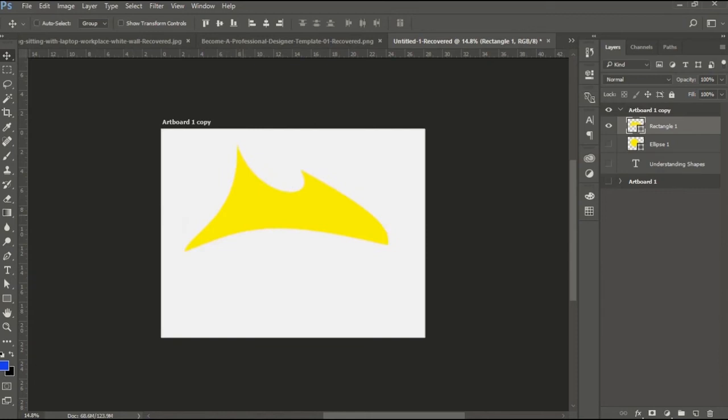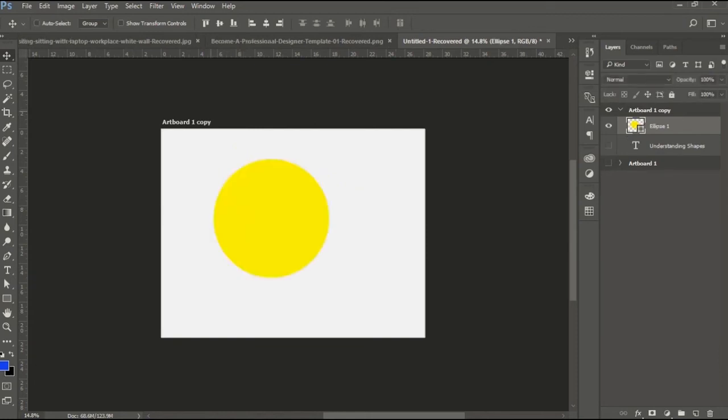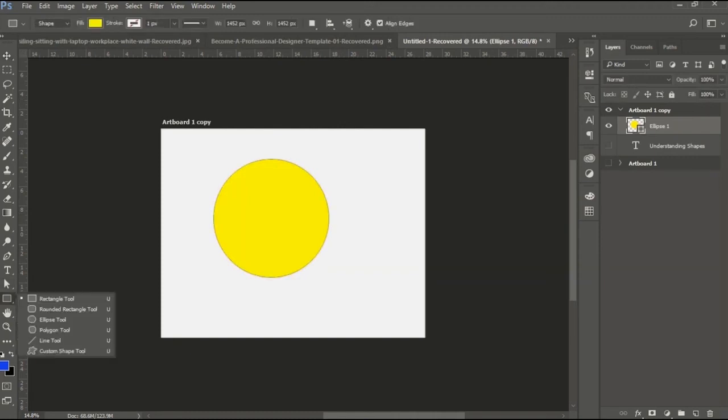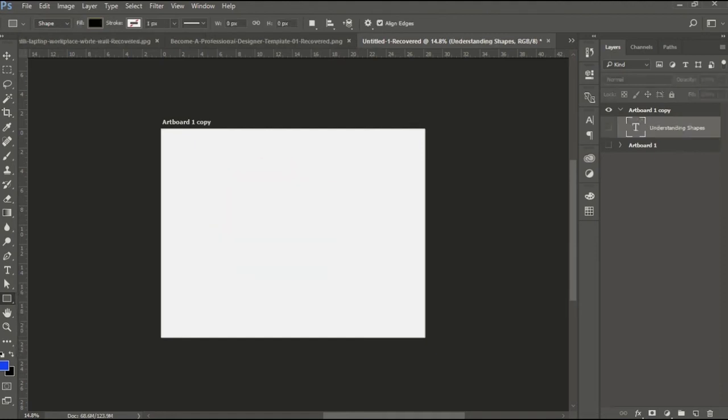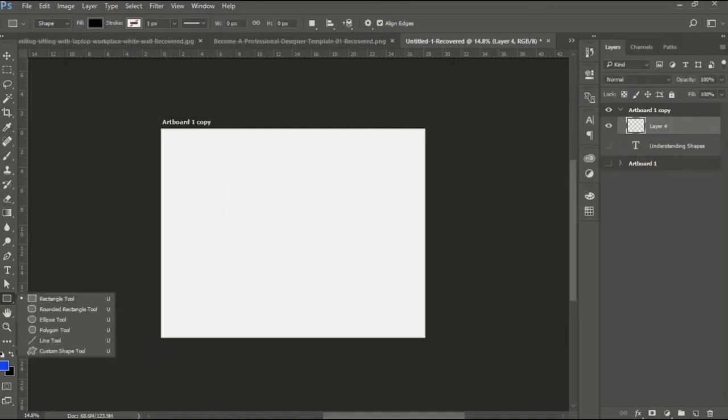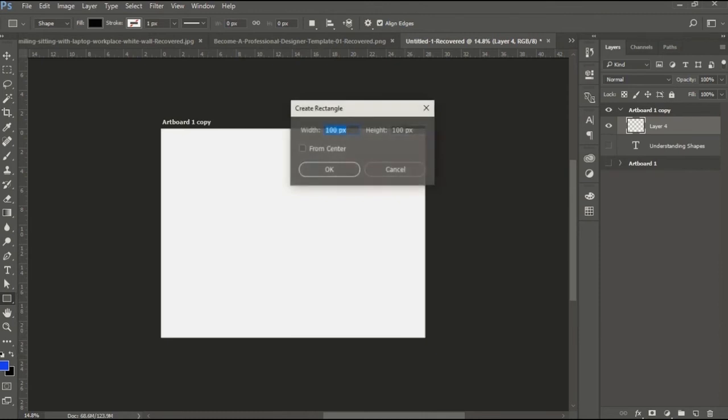To be honest, it's been a long time since I used all these shapes, but I'm thinking I'm going to do some really cool stuff with shapes right now. So you have access to rectangle, rounded rectangle, polygon. There's this really cool thing that I don't know if most people know. If you wanted to create a triangle, you just had to click once, not while you're on a rectangle, sorry. You come to polygon, right? And then you click once,